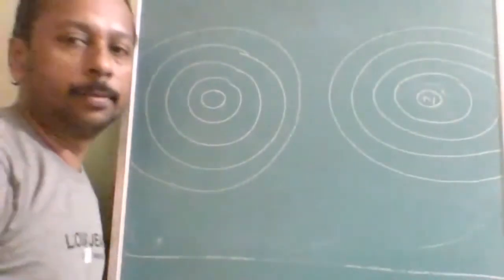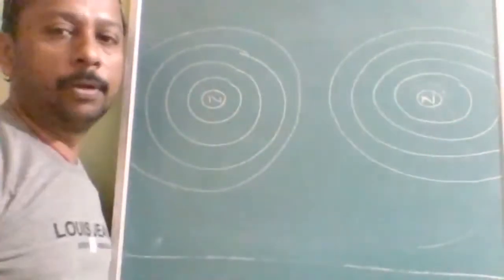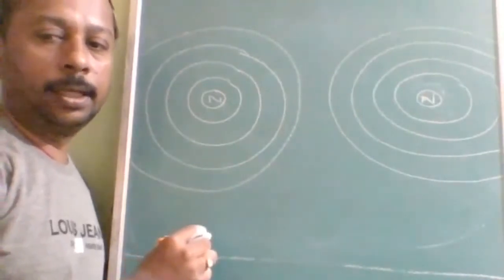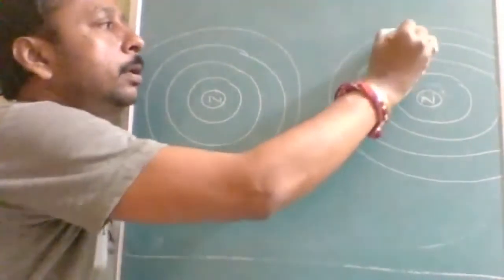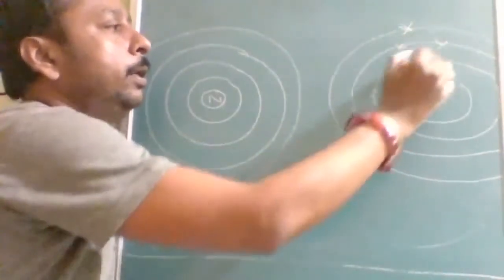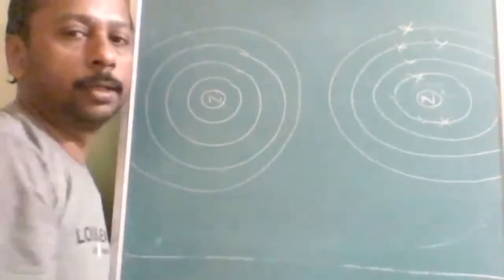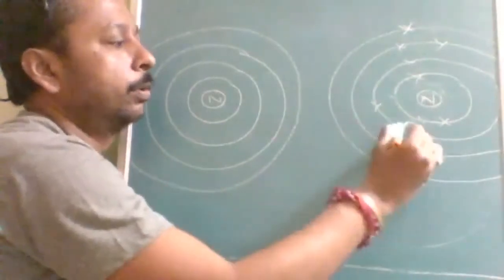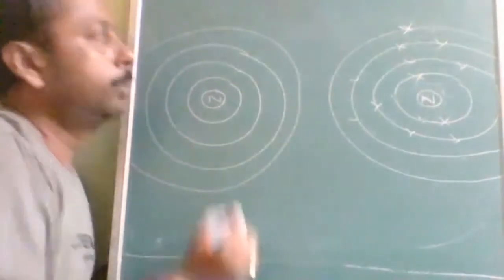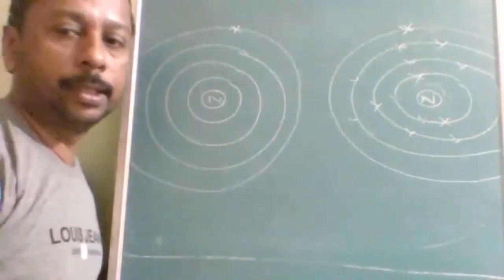Okay, there are two atoms of the same size. Nucleus and nucleus, and the same number of protons also. But here the thing is that electrons are here in the valence shell, and it is filled with the intermediate shells also. Like it can consist of two electrons, then 6, 8 electrons, and it can consist of 18 electrons. But here only one electron is there. No electrons are there in the intermediate shells.